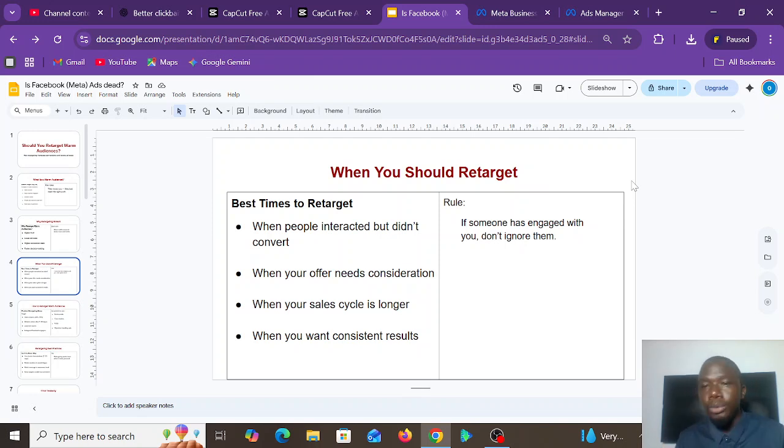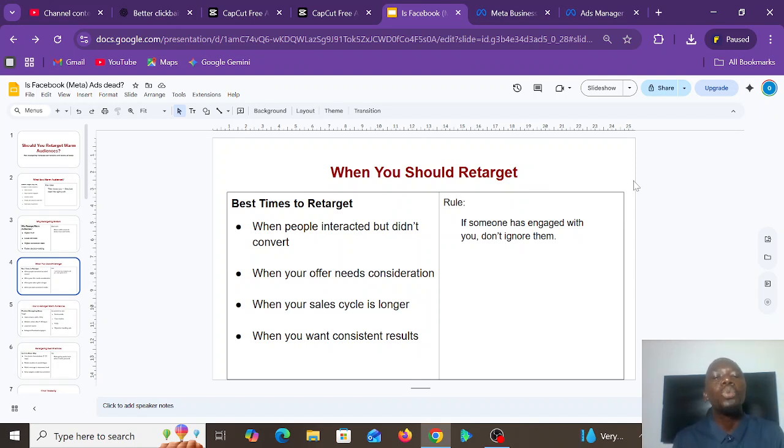If you are familiar with Jumia, anytime you visit the Jumia website and you see a particular product that you like, and you did not eventually buy, you see that their ad will keep following you. You start seeing their ad. Now that is retargeting, because the more you see their ad, the more likely you are to make a decision to buy, right?